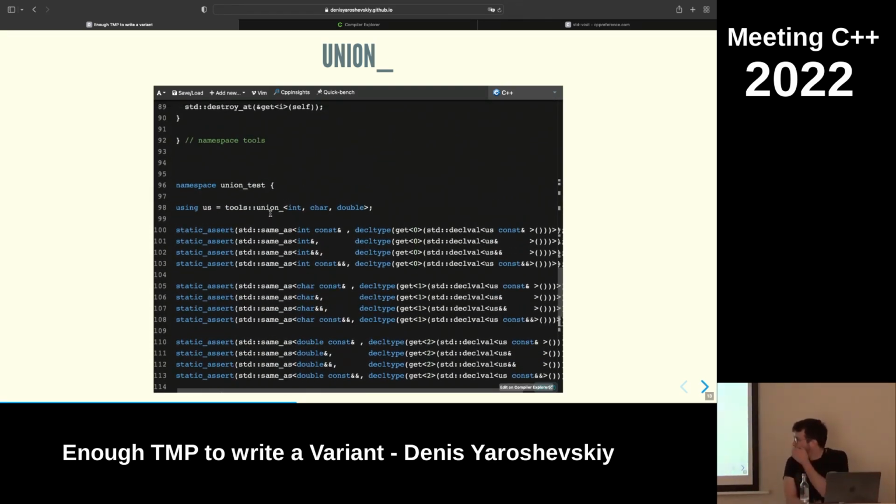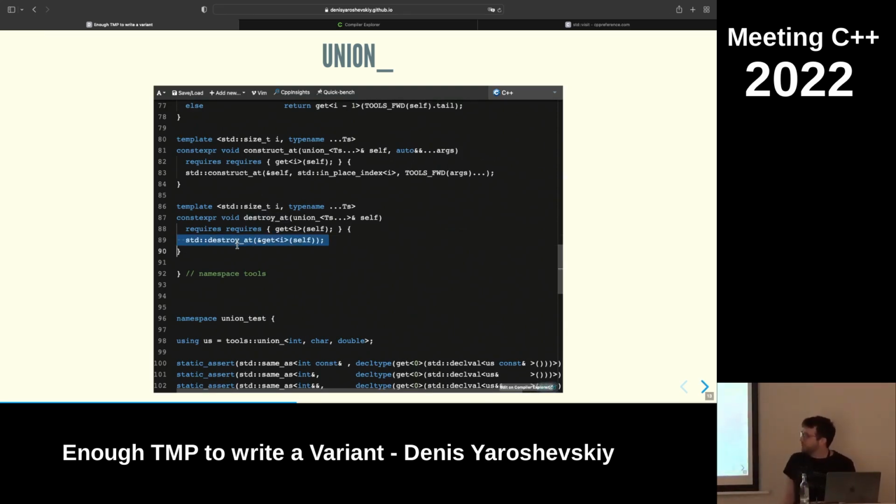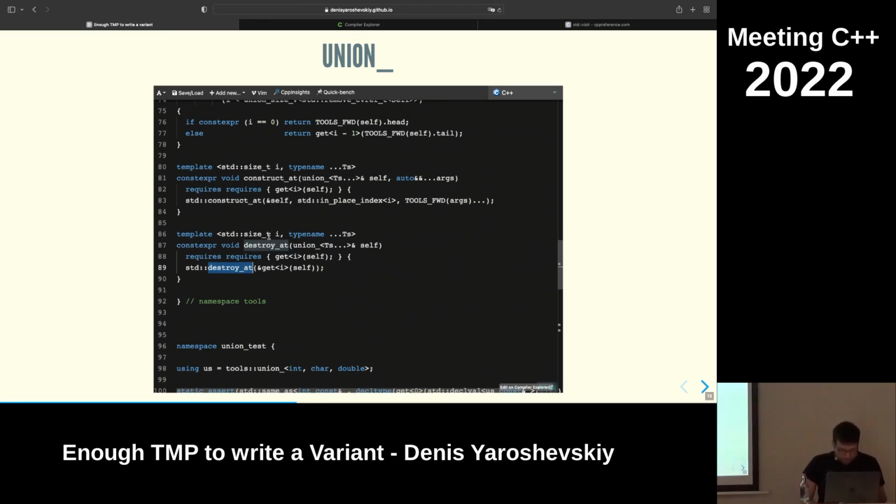These are tests for get. Let's start at the end. How do I write destroy? I call std::destroy_at, and I get the address. And how do I call construct? I would like to do the same thing. Unfortunately, it doesn't work, so instead I will have to write a constructor. std::construct_at and std::destroy_at are super useful primitives from C++20. They allow you to do placement new effectively at compile time. You cannot do placement new at compile time, but this one works.